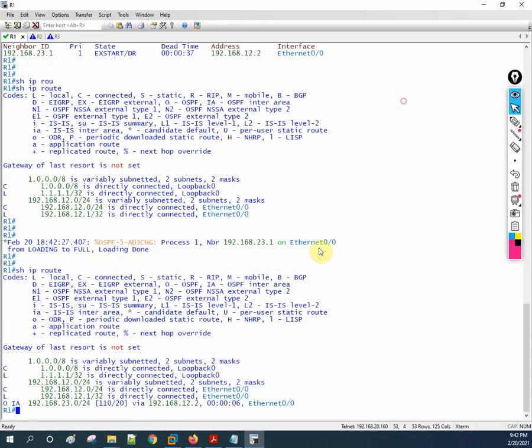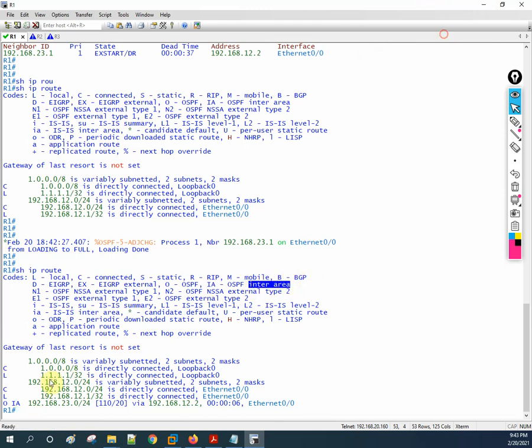See here, this is important because in the coming classes we are going to discuss it. Before, if you remember, whenever we configured OSPF at CCNA level, we had only O, not IA. But now here we get O IA. O means OSPF, IA means inter area. Inter area means it is coming from another area.